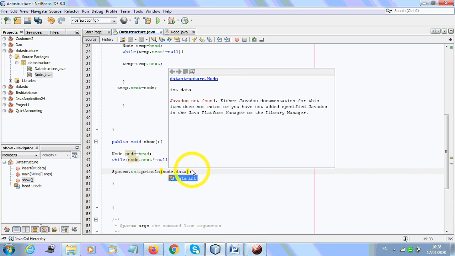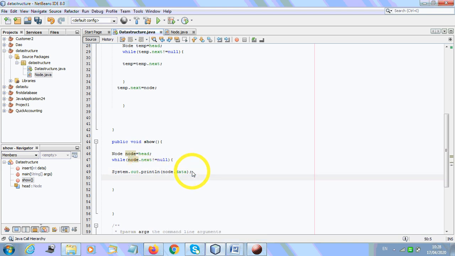Good. And we'll have to increment the node itself. Okay. So it will get node dot next. Good. Now what we'll have to do? See if everything goes fine, what will happen? Try to understand.